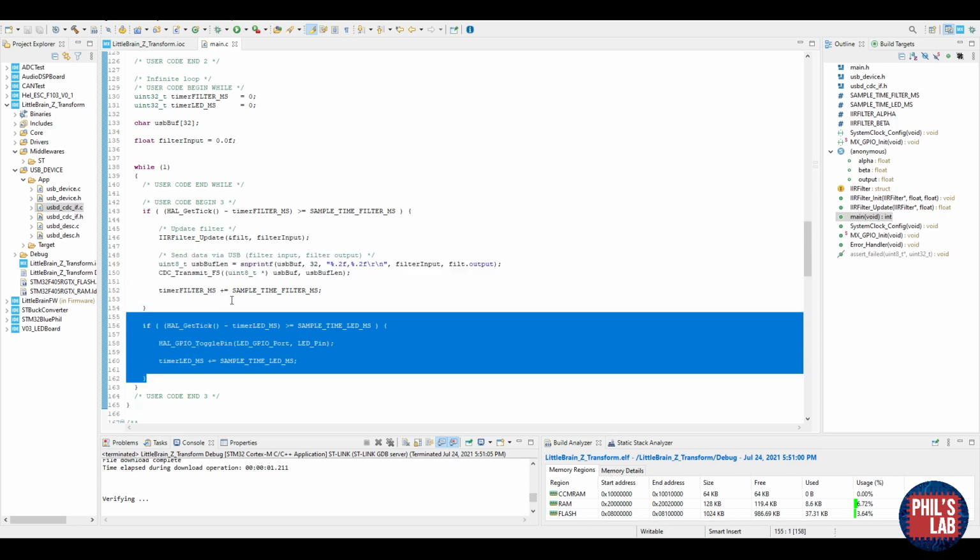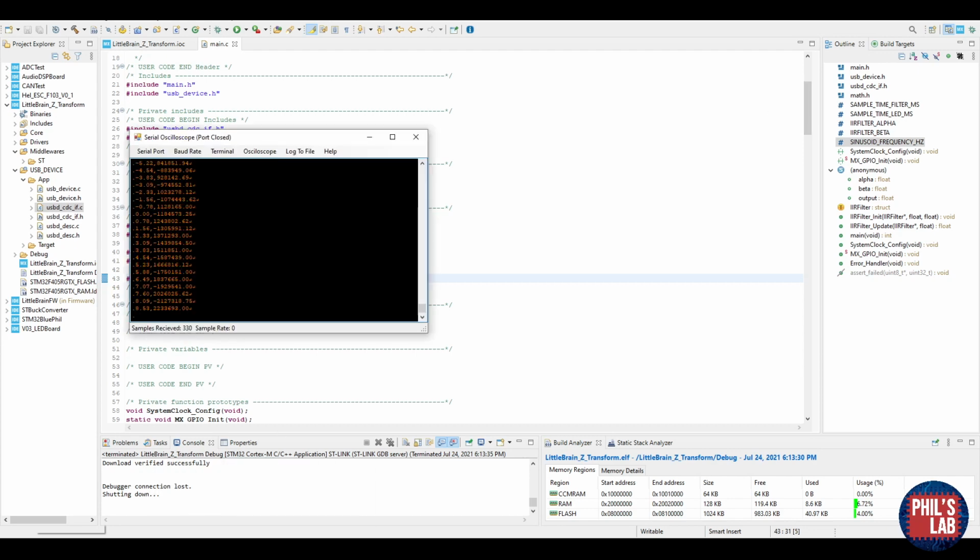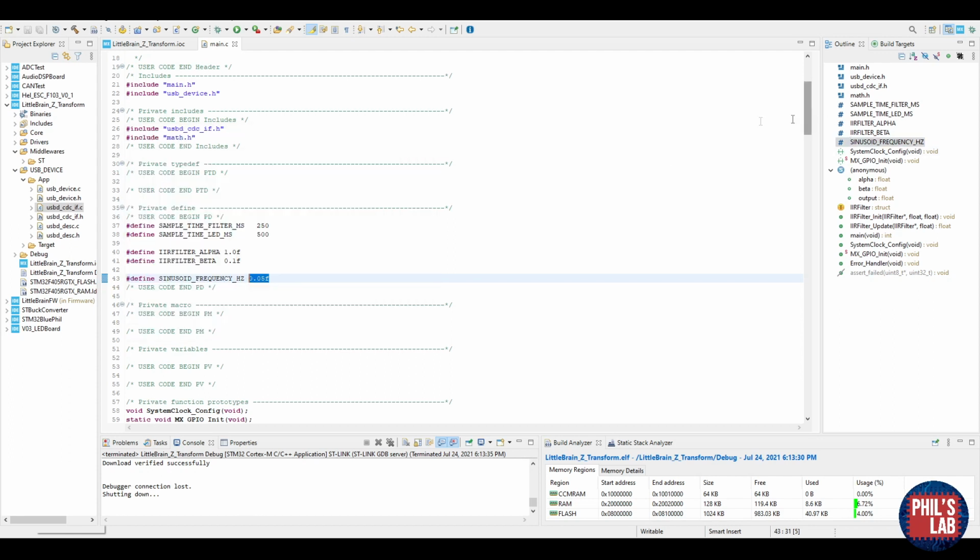So really, really simple. So to check stability, I'm going to play around with the alpha and beta values, or rather just the beta values. And to show you that this filter is indeed stable with beta having a magnitude less than 1, I will set it to 0.1. As an input to the filter, I'm just going to pass a simple sinusoid with a frequency of 0.05 Hz. And I'm actually toning down the sample rate quite a lot so we can actually see what's going on. Then I'll be using this serial oscilloscope, which captures the data coming from the USB via the STM32 and plots it on a grid, and I'll show you that in just a second. So yeah, that's pretty much what we're doing. We're setting beta to 0.1, alpha to 1, and feeding in a very slow sinusoid and seeing how the output